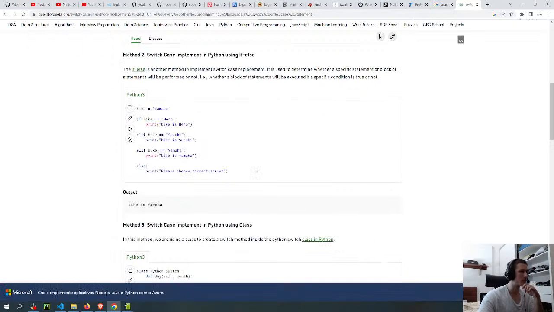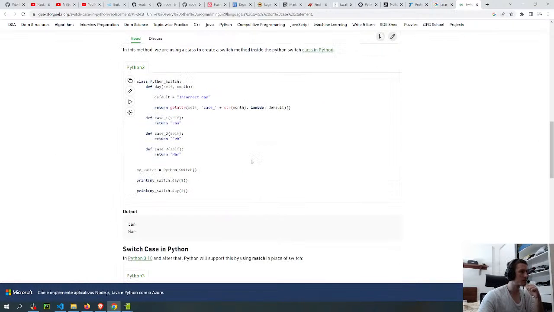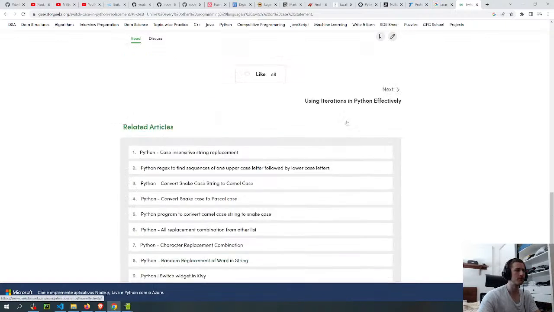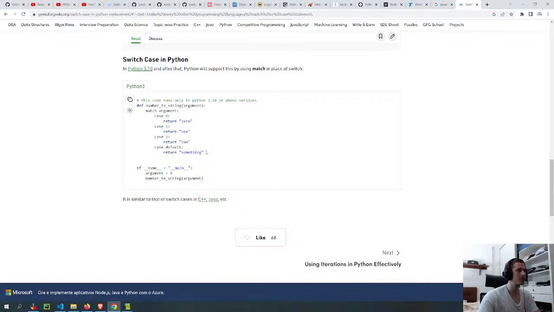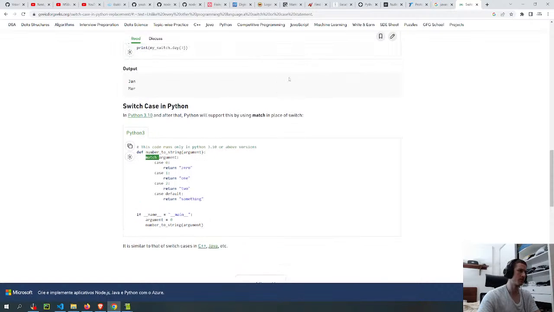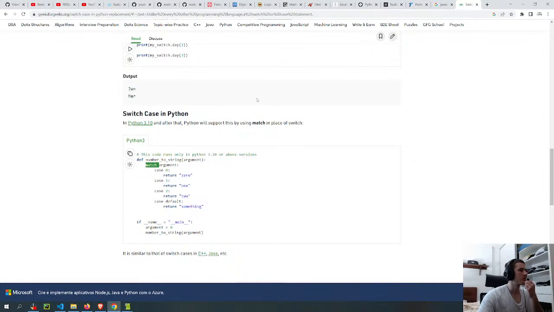No, it doesn't. Oh, so they put match. Probably copying Rust, maybe.